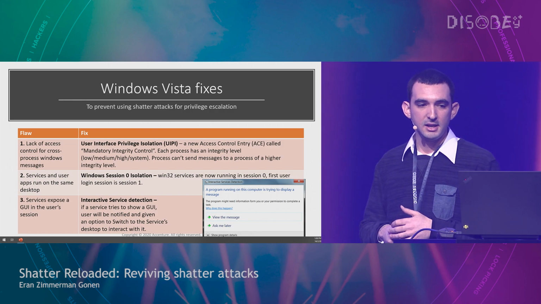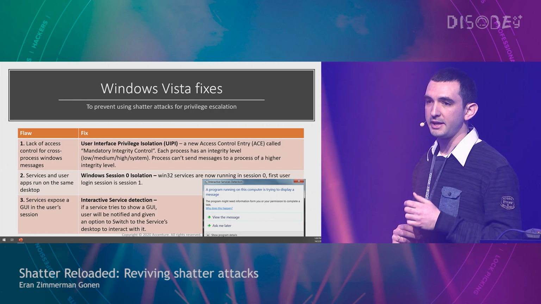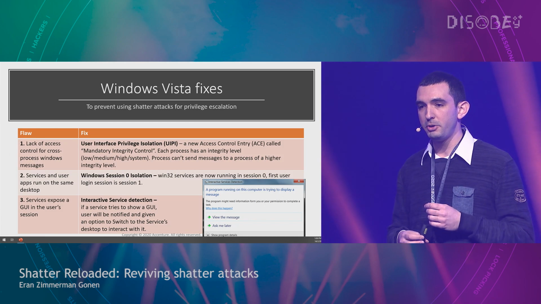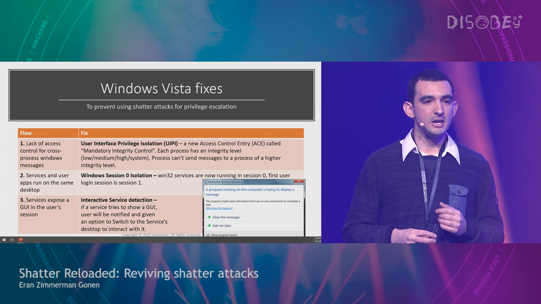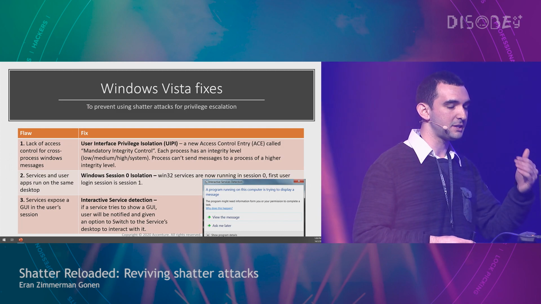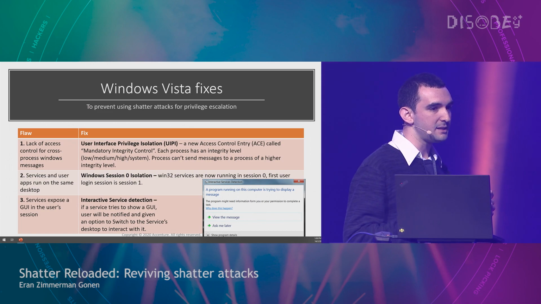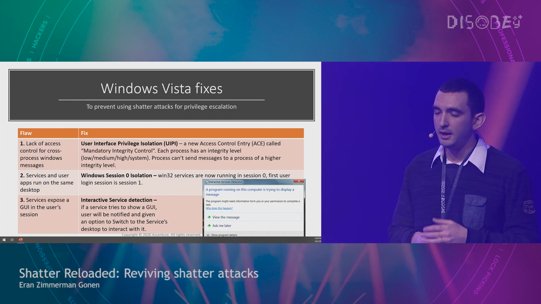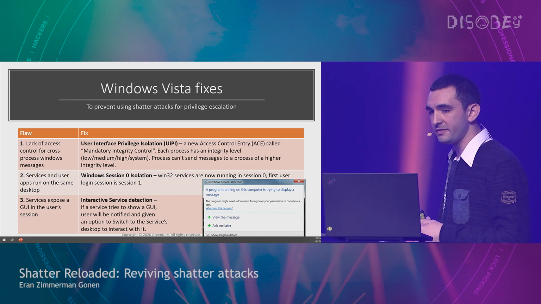Another thing they did is introduce Windows Session 0 isolation. So if until now the first user connecting to the computer, logging in, would log into Session 0, this is no longer the case. Now a new user would receive Session 1, 2, and so on, and Session 0 is reserved only for system services. Also, they introduced interactive service detection,